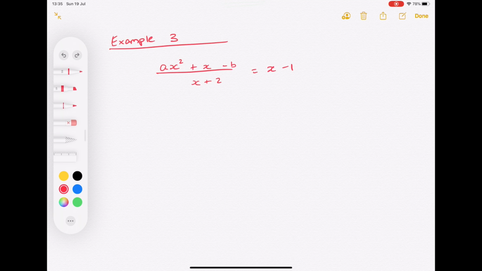So what we're doing right now is examining our equation, and we can see, as I've said, that we have a fraction on the left hand side. But we can make this a lot easier, and so the next step is going to be to rearrange this equation to make the two sides more comparable, just like we did in the previous question. This time we are going to multiply by this x plus 2 down here, and the reason why I'm going to do that is because that will get rid of the fraction. That will remove the denominator from the left hand side. So if I just go ahead and do that,